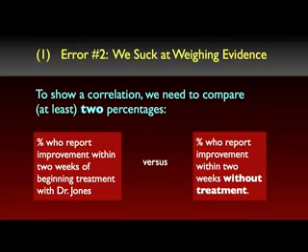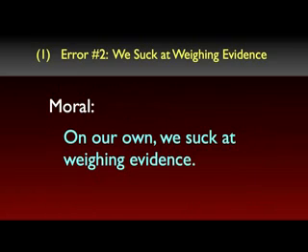But almost none of my science students, when they're given this hypothetical case, will see that this is the case. Most will say that the evidence supports a very strong correlation. This is because they're looking at an incomplete body of evidence and drawing a hasty inference, but they don't realize it until it's pointed out to them that the evidence is incomplete. Now, this is a very simple example, but it helps to illustrate the general takeaway point, which is that on our own, we suck at weighing evidence.